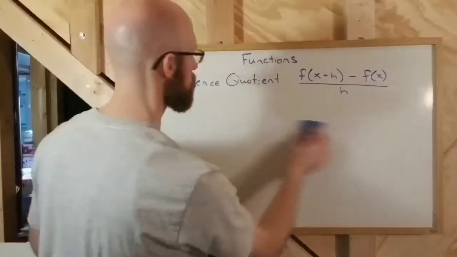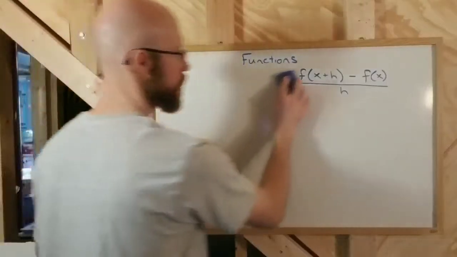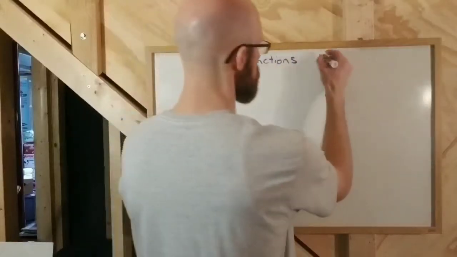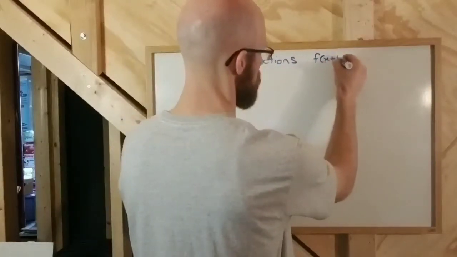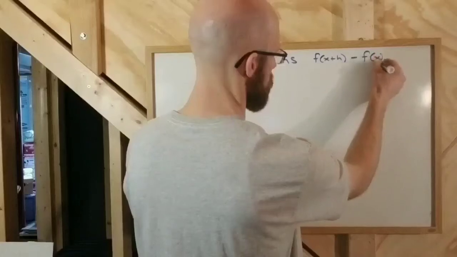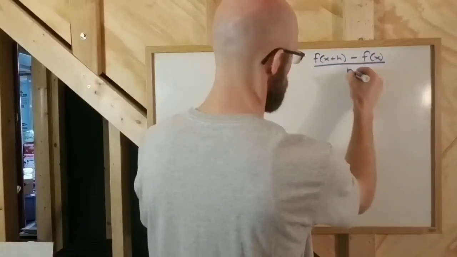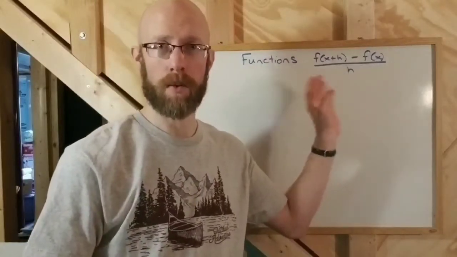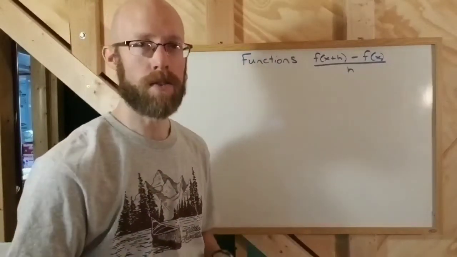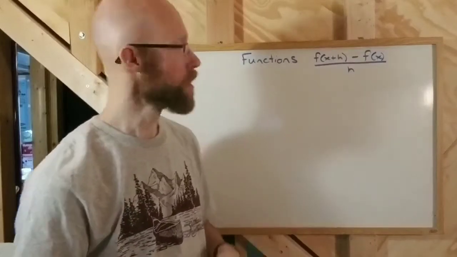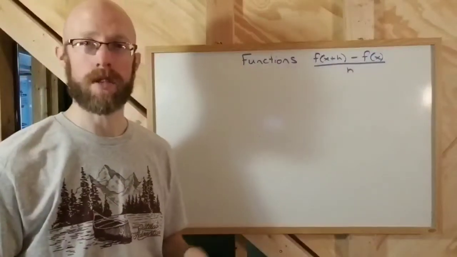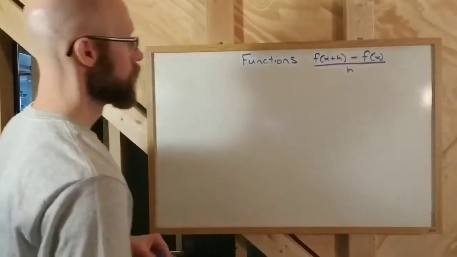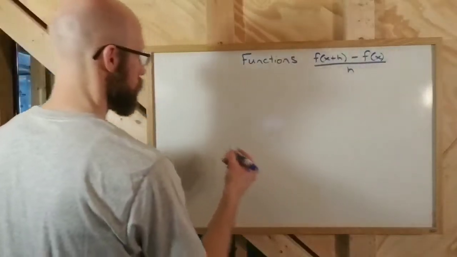And I'm going to need a little more space. I'm going to rewrite that formula off to the side a little more. So it is f of x plus h minus f of x all over h. Now, I'm not expecting you guys to memorize that formula. I would put that on a test if you needed it at this point. Okay. If I ask you to calculate the difference quotient, I'll put the formula there with the problem. Okay, so that's the difference quotient. So let's take,